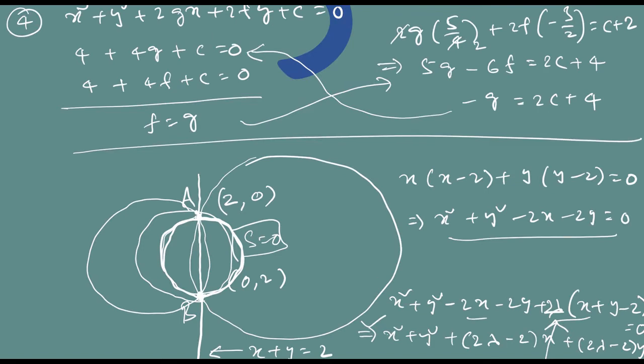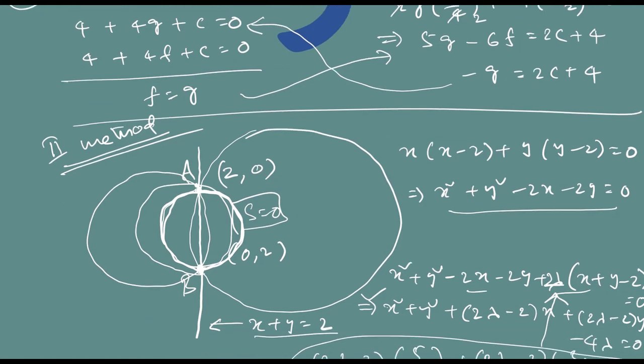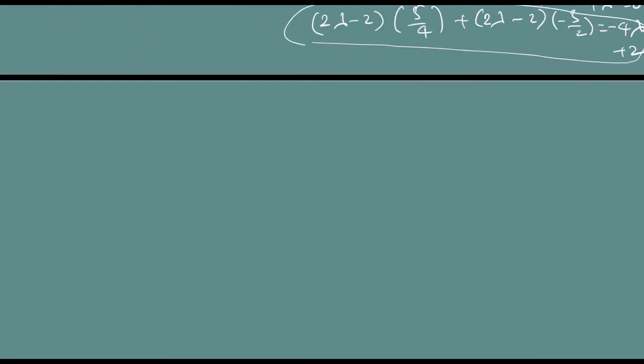This is the second method for the same fourth problem. This is a very useful method. Instead of trying to avoid the method, I want you to master the method. Understood? So basically, if anybody gives me 2 points and says that there is a circle passing through these 2 points, then we know that there are infinitely many circles passing through this.